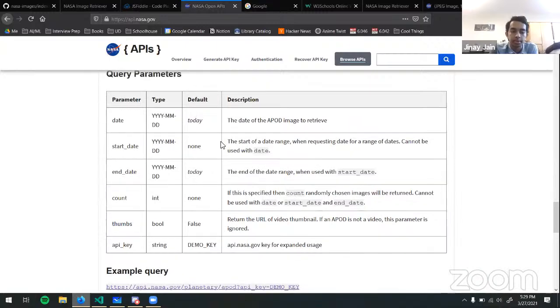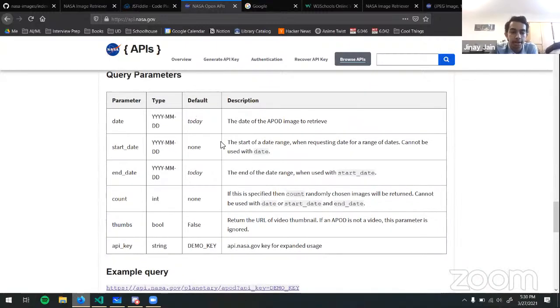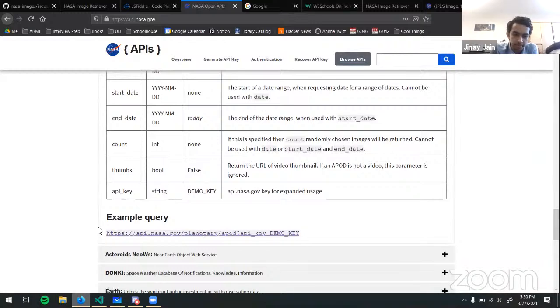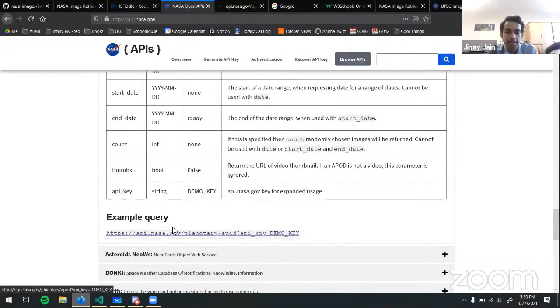And the GET request has a lot of parameters, right? Remember I was talking about the format of the request that we had to obey. We can have different parameters, which are basically different parts that we can add to our question or our request that modify what NASA will give back to us. They have an example query here. If I actually click this link, we can see,